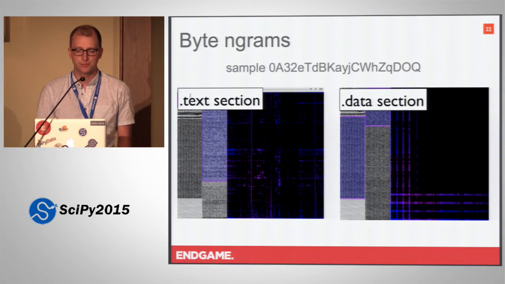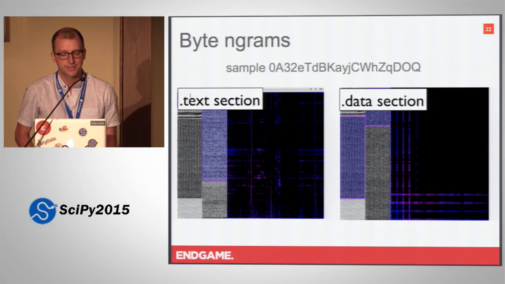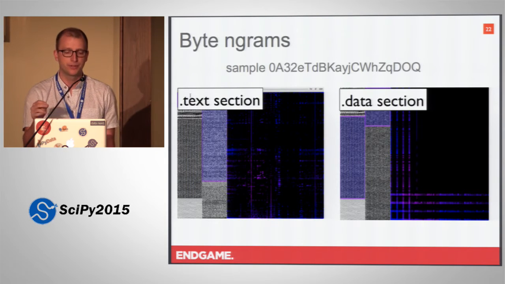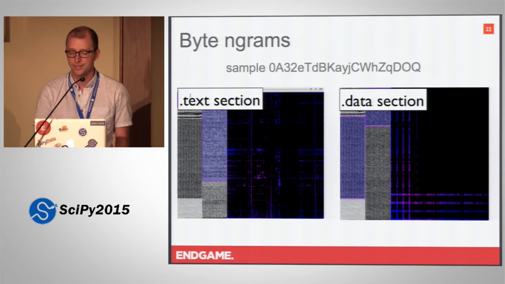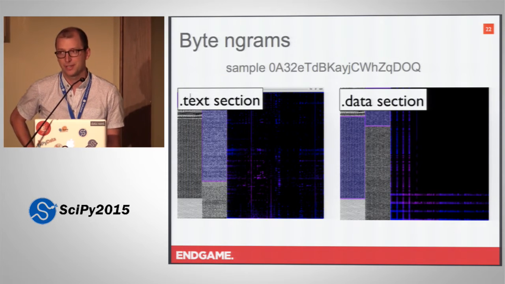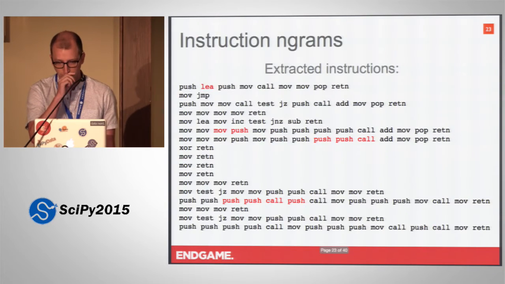So those were some examples from the tool. I ran it on a sample here from the competition. This is some data from the text section of that sample, and you can see it mimics the x86 bytecode example from the previous slide. But when you look at the .data section here, you can see a distinct pattern that probably doesn't reveal itself in other samples, and you would hope that any classification algorithm would see that distinct pattern, recognize it, and be able to classify on it.